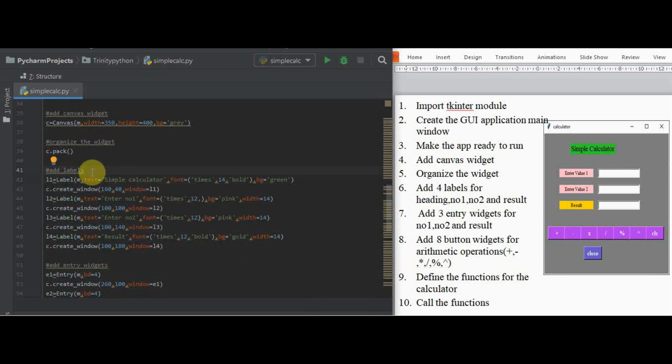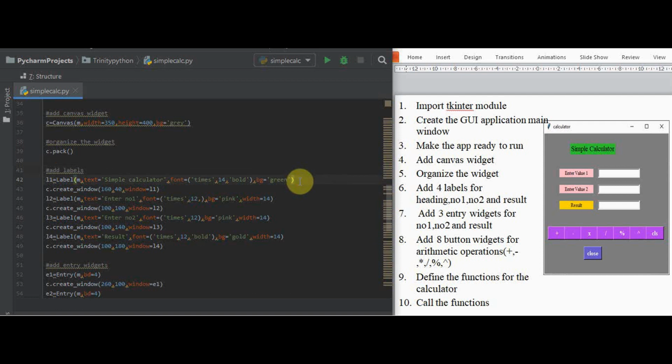The text is specified here, for the first one, simple calculator, and all these things are optional. For font, you can change the font type, font size, and you can specify bold or italic. All these things can be placed within font, and the background color also can be changed. You can keep any color as you wish. So this is how a label is created.